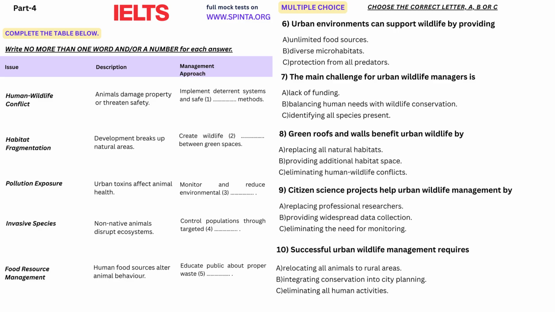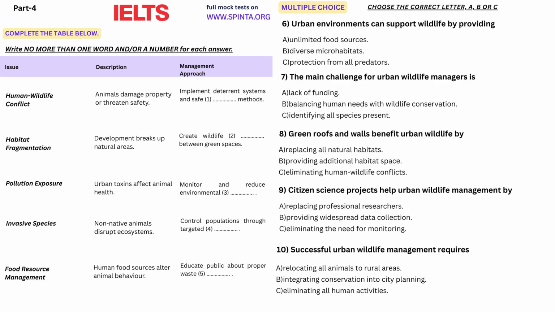Welcome to our examination of urban wildlife management, the complex field dealing with animal populations that live within or interact with human-dominated landscapes. As urbanization accelerates globally, the interface between human and wildlife communities becomes increasingly important for both public safety and biodiversity conservation. Successful urban wildlife management requires understanding animal ecology, human behavior, and the unique challenges of managing